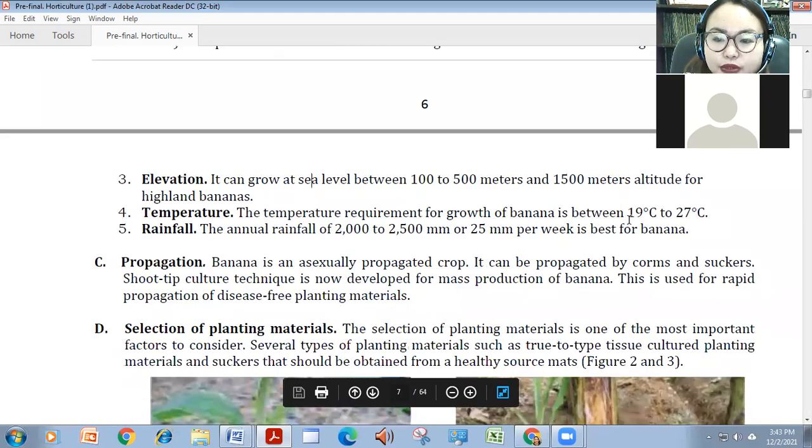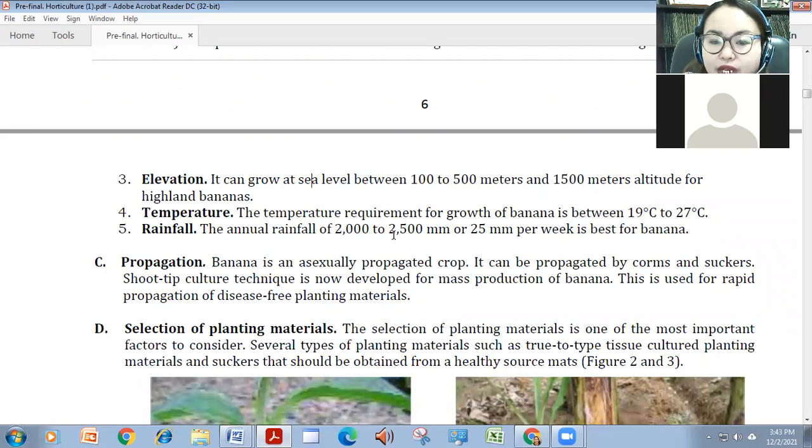And the temperature would range from 19 to 27 degrees Celsius, and rainfall from 2,000 to 25 millimeter, or like 25 millimeter per week is very good for banana. So at itong 2,000 to 25 millimeter is per annum siya or annual. And for propagation, usually ang mga cultivar natin na famous ay asexually propagated because of their genome